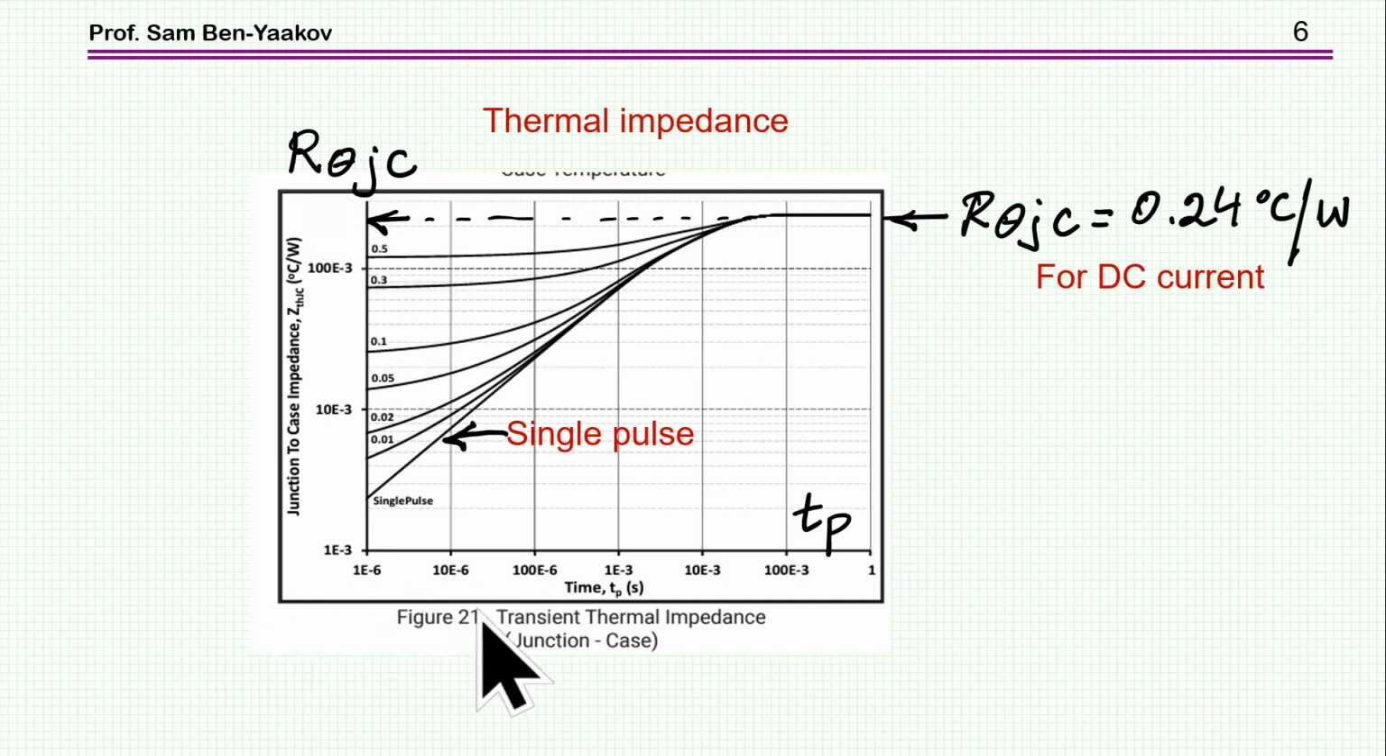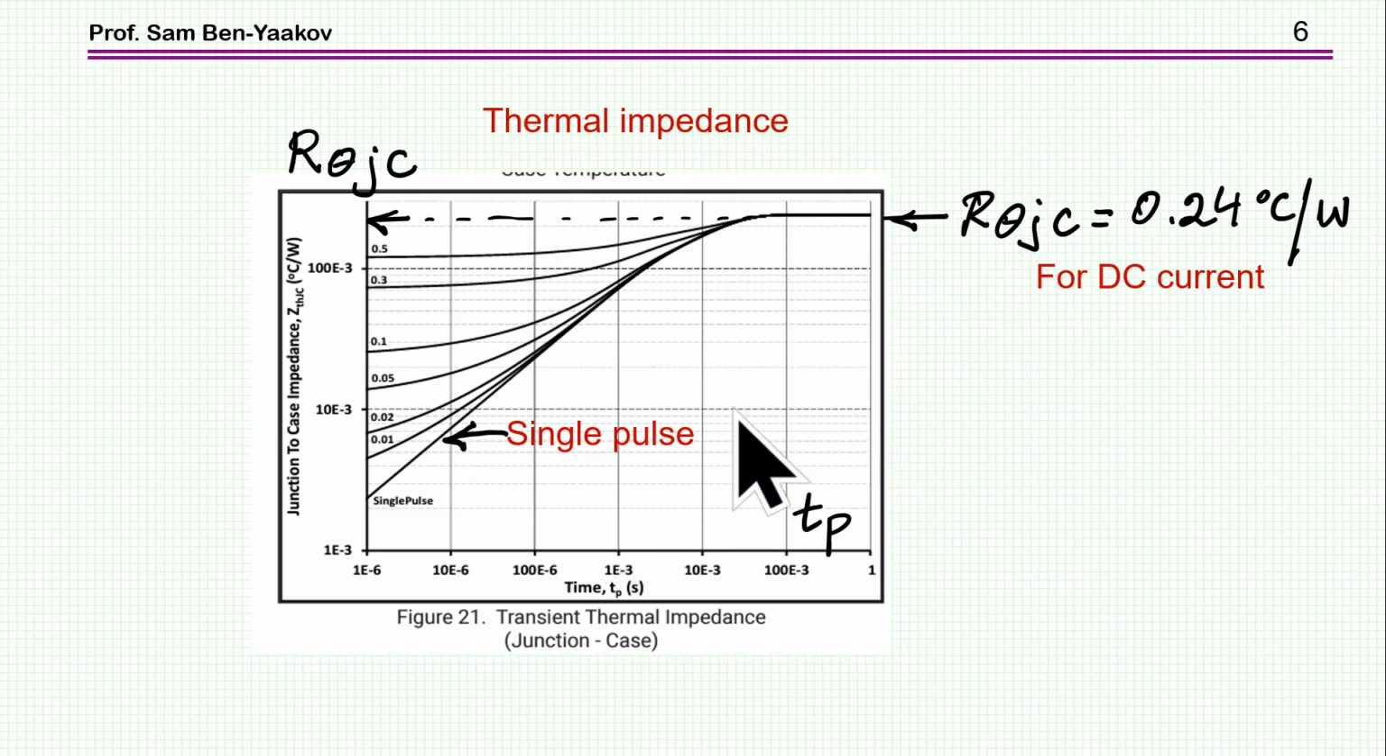This is the pulse width, okay, so we have 1 microsecond up to 100 milliseconds. And here I'm concentrating now on one curve, which is the single pulse. This is the curve, okay, it goes up and then it clamps to this value, which is the DC thermal resistance between junction and case. So this is what is given in the datasheet as the junction to case thermal resistance. In this particular case, for this particular transistor, it's 0.24 degrees per watt, okay? But if the pulses are short,